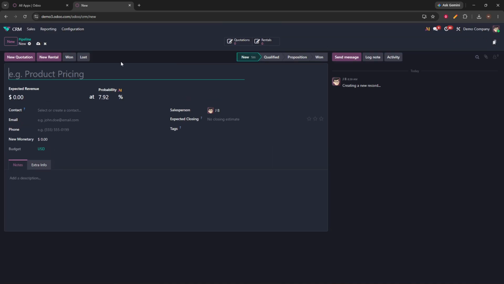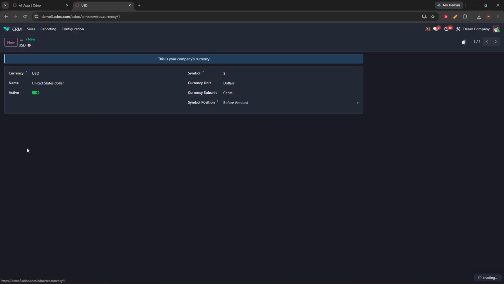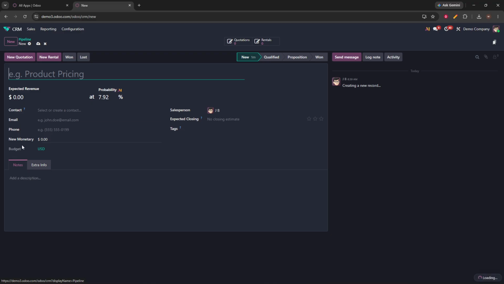normal application view. Open an existing record or click New to create one. Find the budget field and enter the monetary value you want to store. At this point, the new monetary field has been successfully added to the existing Odoo model and is ready to